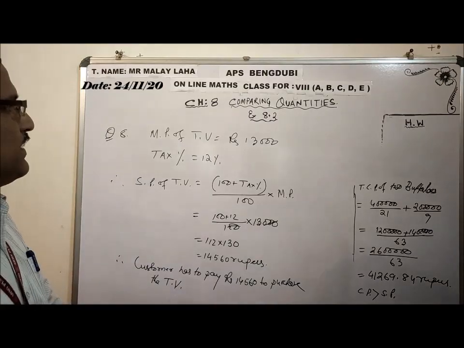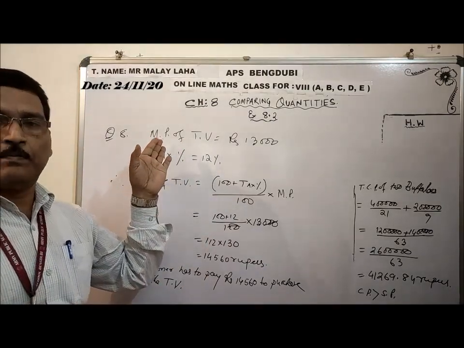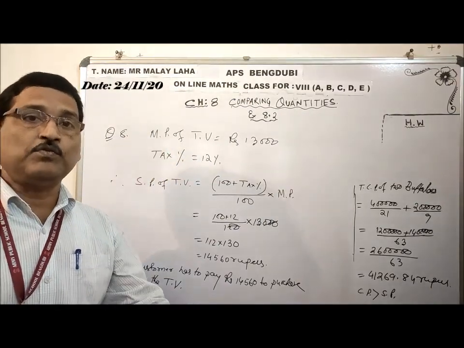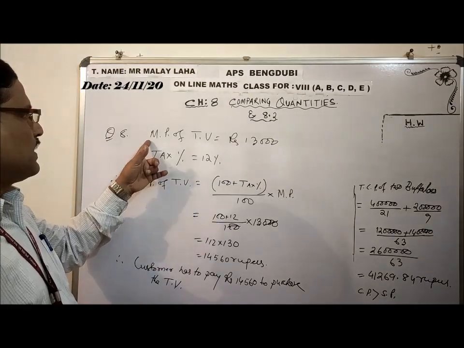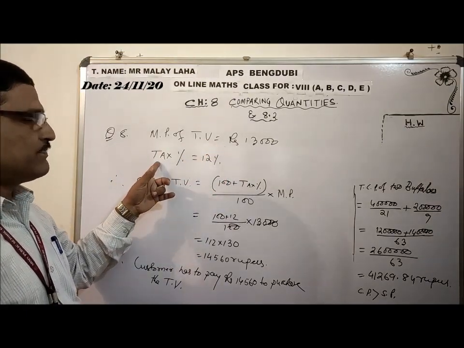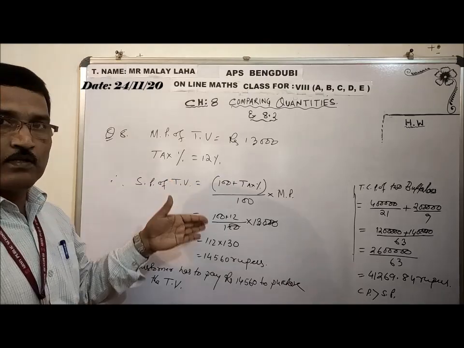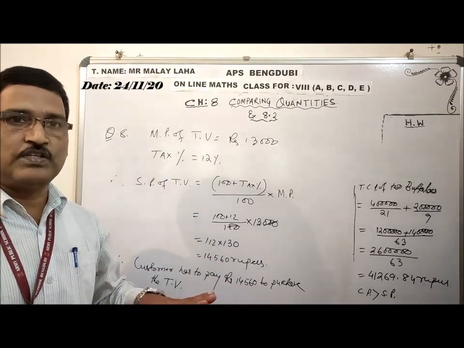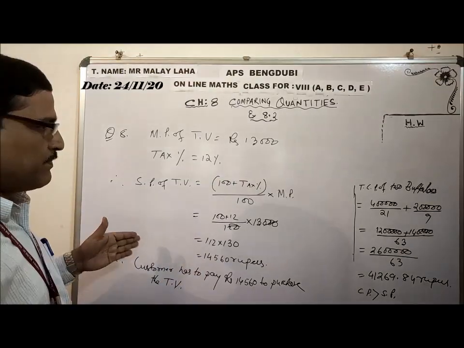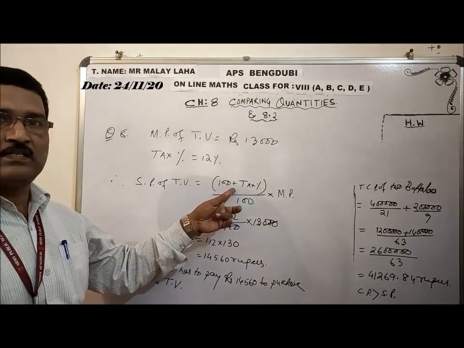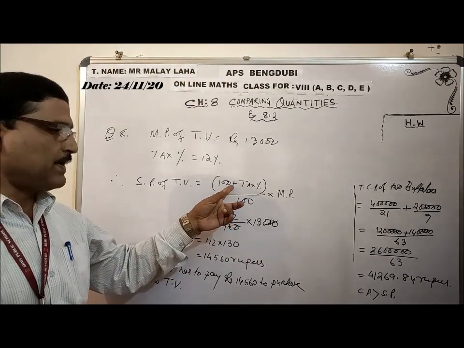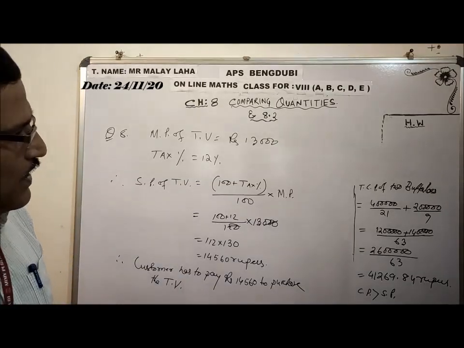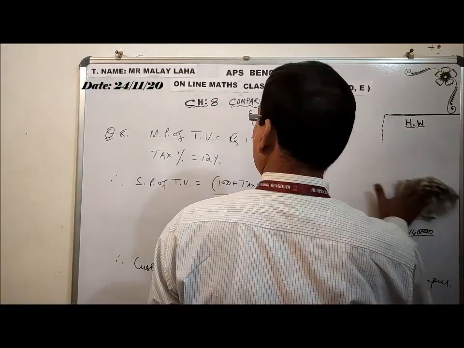Any doubt? Very simple. What about the price marked with the TV? This is the mark price, not cost price. Cost price will be then when you get it. So mark price is this, and tax percentage is 12%. So tax always is the increased. It is a case of increased percent, and loss or discount is the decreased percent. You have to remember, when it is increased, plus that part, and when it decreases, minus that part. This is the slight change. After that, you put your problem. Okay. So this is question number 8.